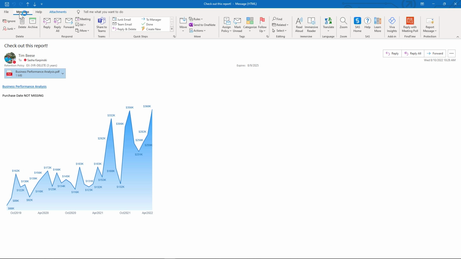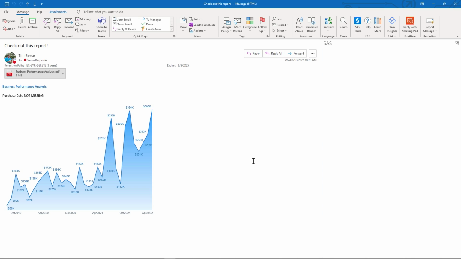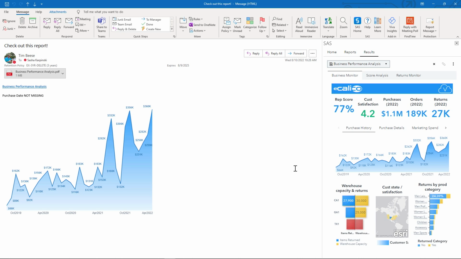The next thing I want to do is log into SAS on my end. And the cool thing here is that once I'm logged in, any linked reports in my email will automatically load to the Results tab. And this makes it super easy for me to start exploring this report immediately. So hopefully you can see how powerful this integration is in bringing analytic-driven insights to users where they work every